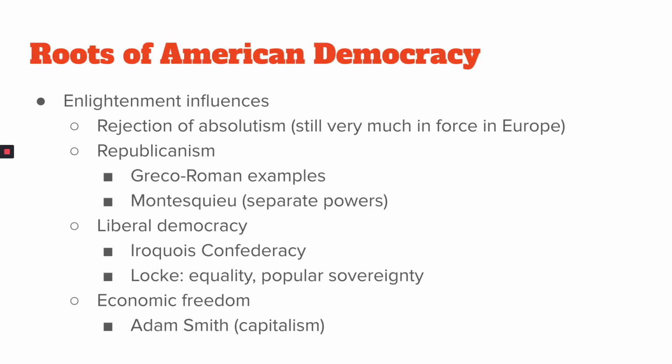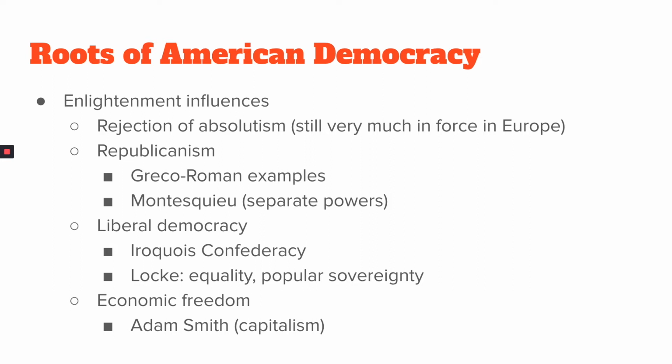There are other roots of American democracy that come from European philosophy during the time period in the 17th and 18th centuries known as the Enlightenment. And the Enlightenment is a backlash against the rise of very powerful monarchs in Europe who believed that they had the divine right to rule without any checks on their power, and this was known as absolutism. And so the Enlightenment is a rejection of that, and instead it is a focus on Greco-Roman examples of more